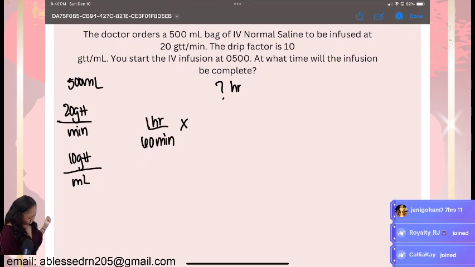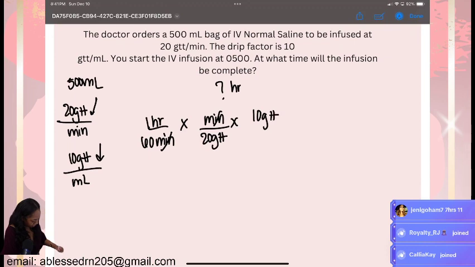All right, so now we have minutes at the bottom, and so we'll need minutes at the top. Look what that has, minutes in it. So we can flip-flop these, okay? A lot of people kind of get stuck on that too with dimensional analysis. As long as you flip-flop them totally and completely, and don't try to just change the coefficients, you flip the units, the top can be the bottom and the bottom can be the top. It's the same, okay? So 20 drops on the bottom. Minutes is now gone. And then we need drops on the top. So we'll do 10 drops per ml. And now drops are gone.